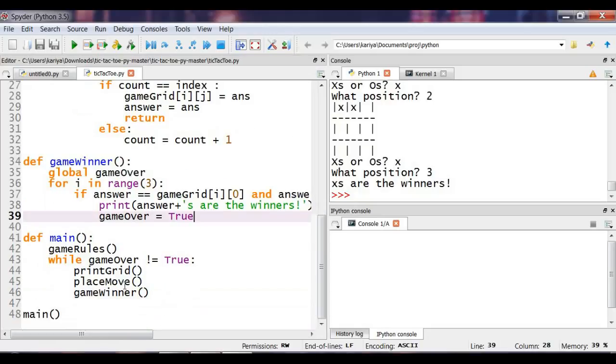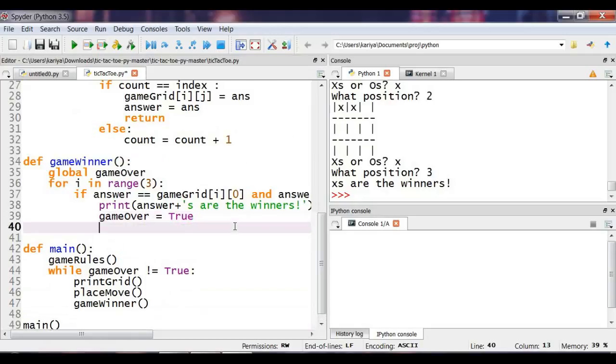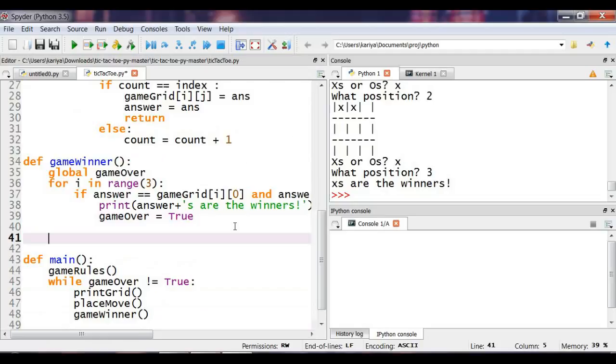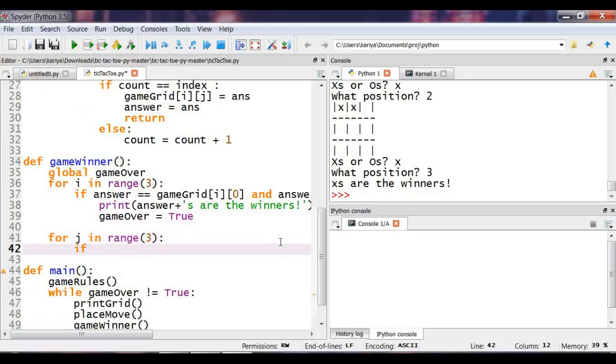Now we're going to do this one more time, but instead of doing it for rows, we're going to do it for columns, for j in range of 3. So pretty much we're going to check all the columns now. If answer is equal to game grid. It's going to be very similar to the way we just wrote the top for loop out, but instead of having the variables on the left, we're going to have them on the right. So we're going to have 0, and the next bracket is going to be j, and answer is equal to game grid